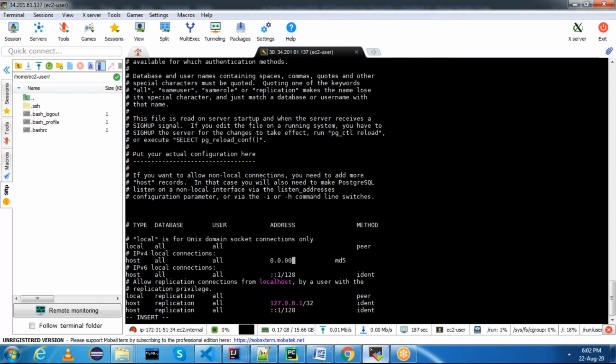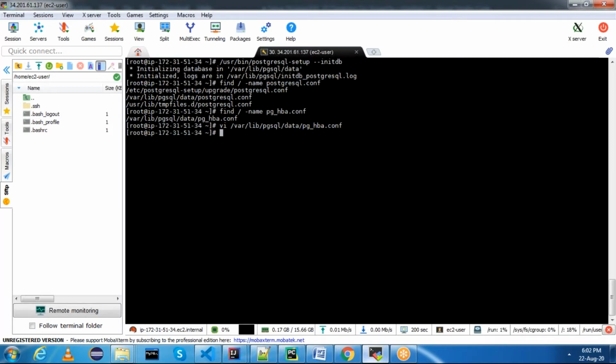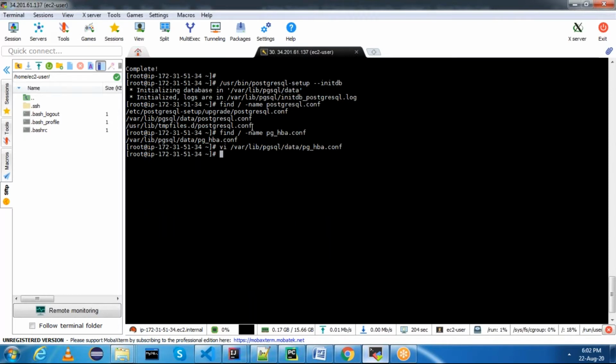This is not recommended. You can mention a certain IP range, only the host from where you want to connect. Okay, this is the address range I have given for this particular one. Save this.